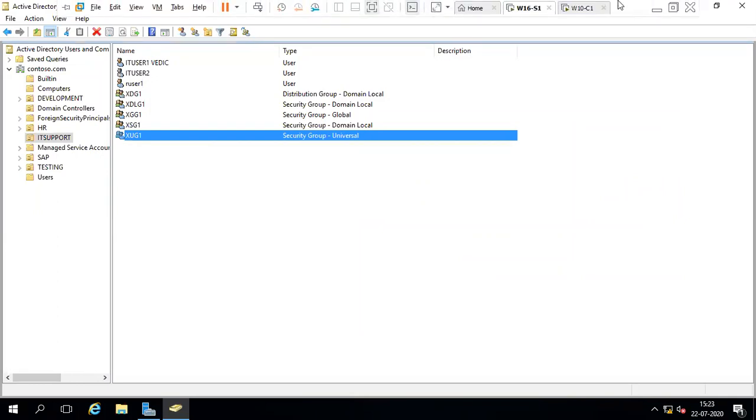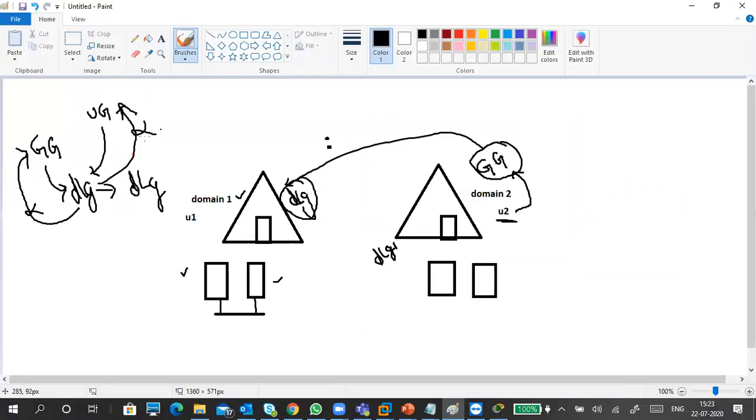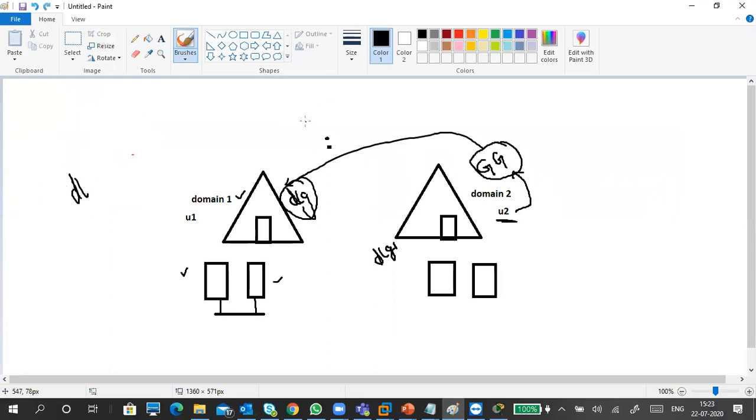Okay, so there are some more points now. Already I've written them, but in my previous classes we had one beautiful diagram and book, and we don't have time. I don't have energy today. Yesterday I had a lot of energy, but today, this is global group and this is universal group. Try to remember, guys.